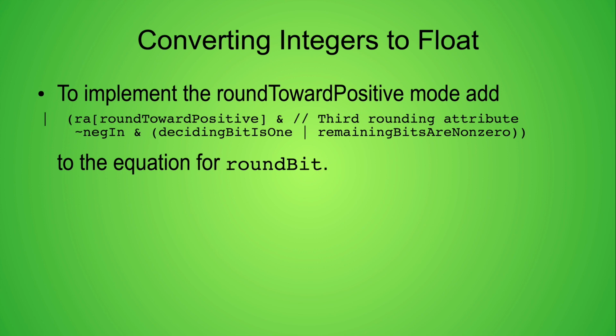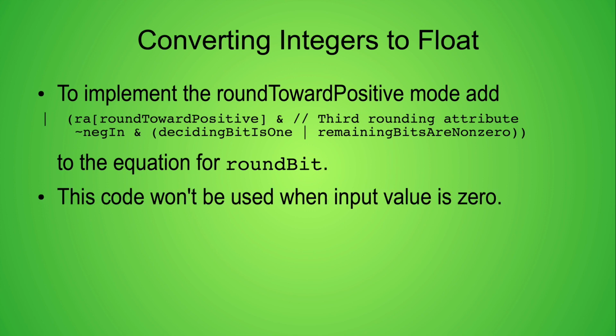The logic to implement round toward positive is the inverse of round toward negative. This clause only becomes active when not neg_in is true, and not neg_in will only be true when the original input integer is positive or 0. It's the 0 case which complicates the explanation of computing round toward positive. Now, if our original integer input value is 0, this part of the logic equation will still compute round bit to be 0. But even if for some reason round bit got set to 1 in this case, it wouldn't